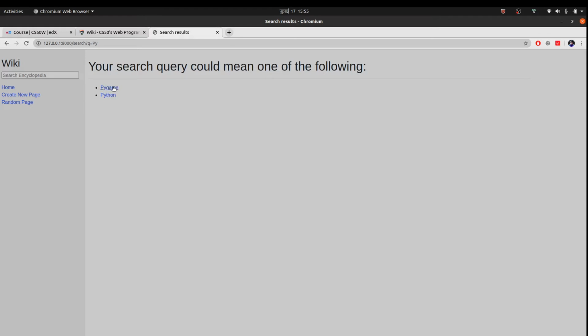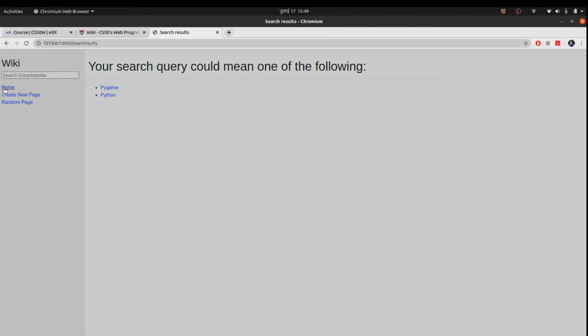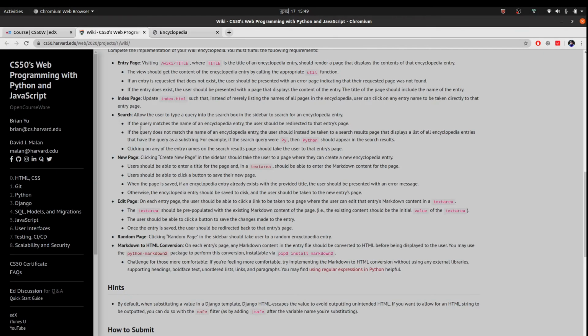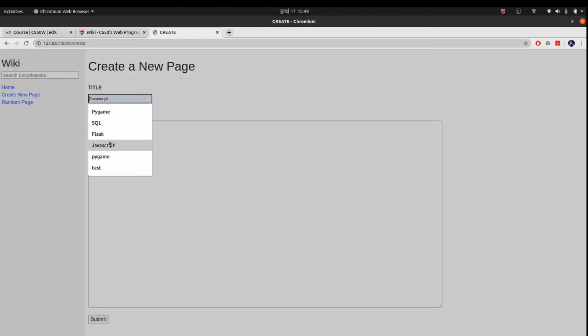Okay, if I now click on Pygame, I'll be brought back to the Pygame. And if I were to click on Python, I will be brought back to Python. And we can clearly see here Pygame and Python with the py. And now if I go for the new page, if I create the new page and I type something like,